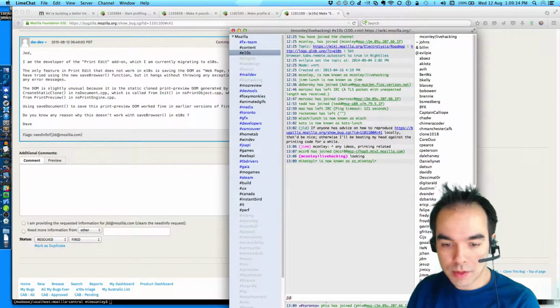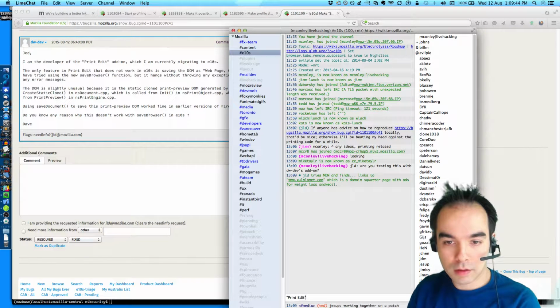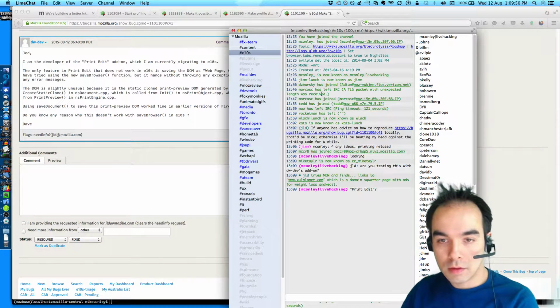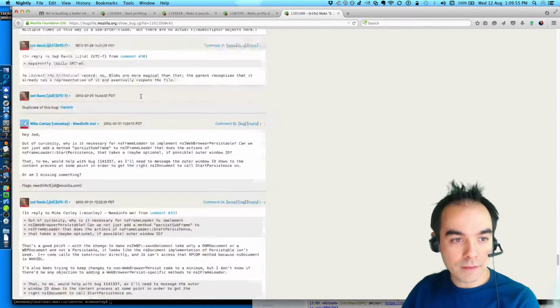JLD wants to know how to reproduce. So are you testing this with DWDev's add-on? Print edit. Because that's what DWDev works on, is print edit.